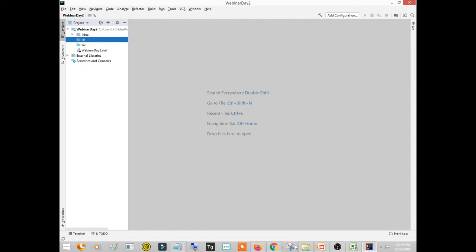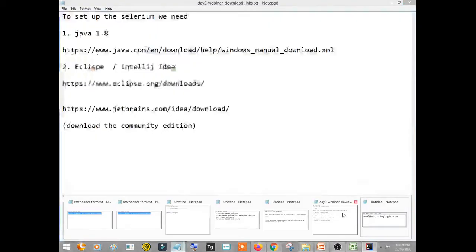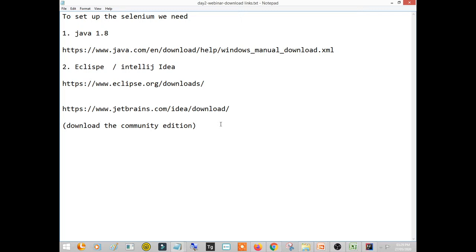I'll put some notes for you and I'll share this notepad file with you. So what I've done: first install Java, then install either IntelliJ IDEA or Eclipse.